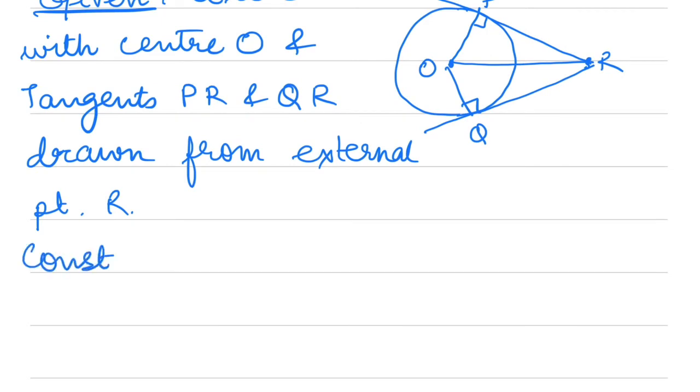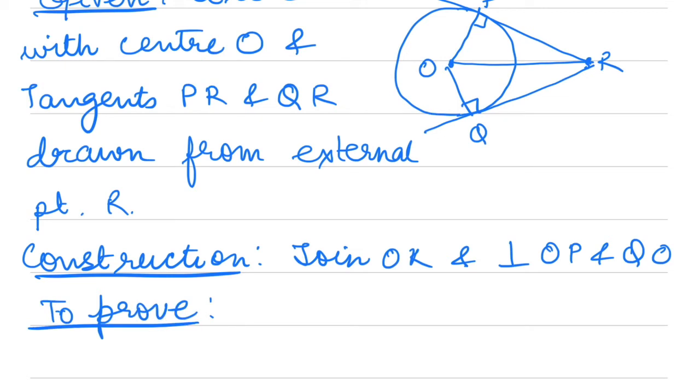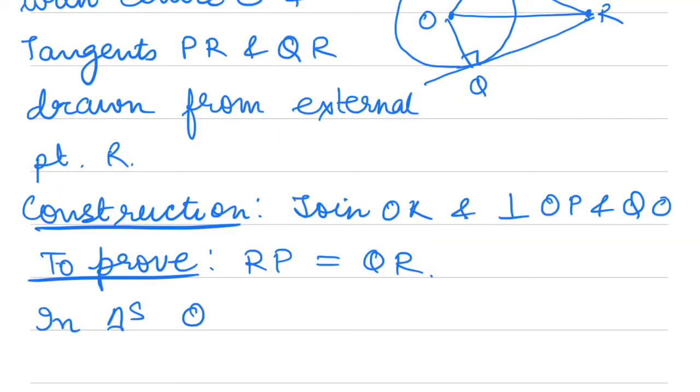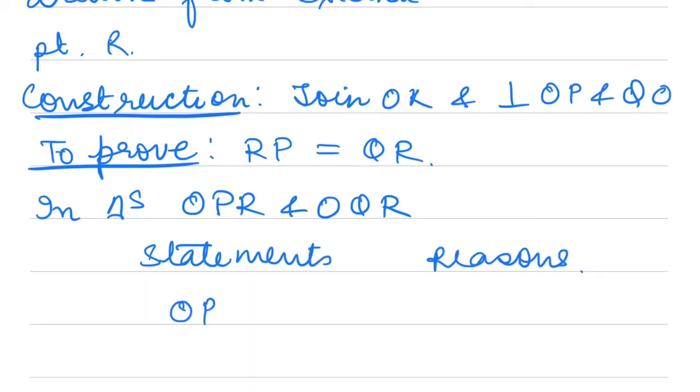We have construction here. Join OR and perpendiculars OP and OQ. To prove PR is equal to QR. In triangles OPR and OQR, so we have to write down the statements and we have to write down the reasons. OP is equal to OQ, both are radii of same circle,